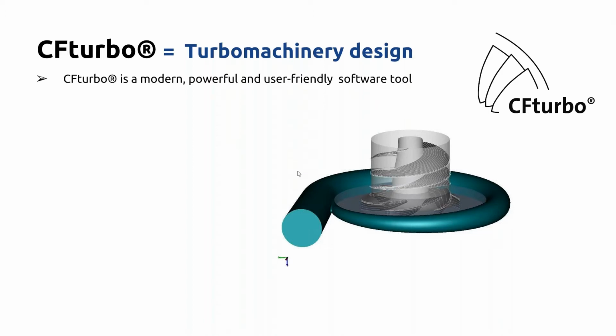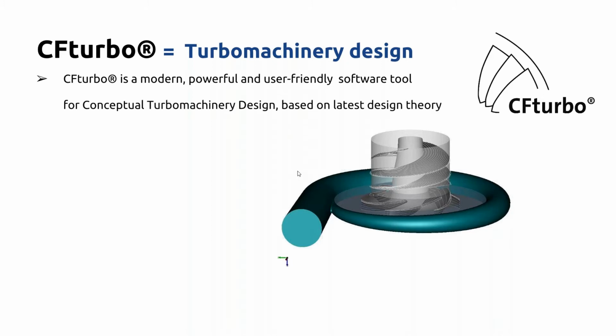CFturbo is a German company that is based in Dresden and Munich in Germany, but we also have a daughter in the United States, which is CFturbo Incorporated. Our main product is the design software CFturbo, which is a modern, powerful, and user-friendly software tool meant for the conceptual turbomachinery design. Right now, we have something like 200 active clients globally,